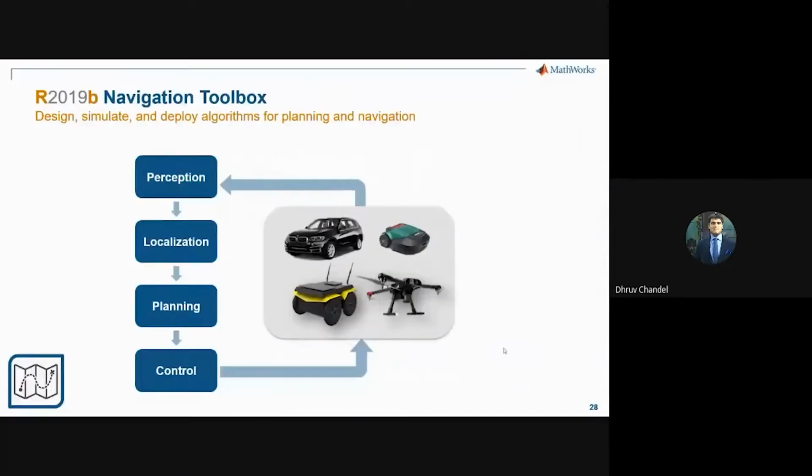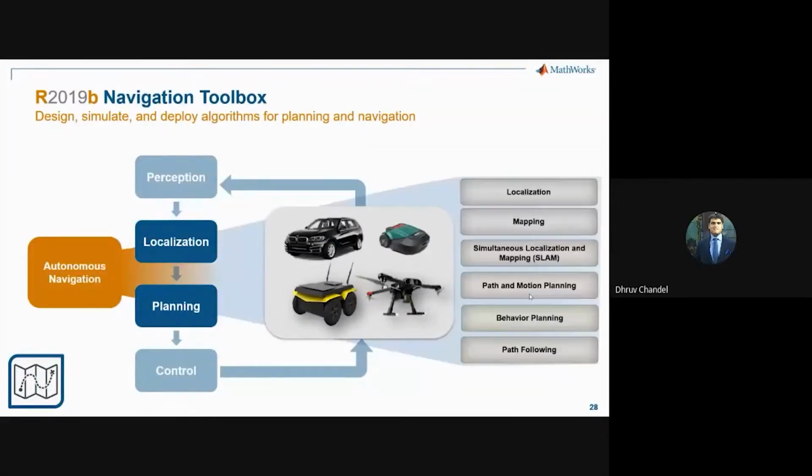Okay, so I hope everyone's with me so far. So basically, if you want to work with autonomous navigation of mobile robots, I would highly recommend you check out first the robotic systems toolbox and second the navigation toolbox. And it will cover all these different tasks which you can see on the screen. So your perception, localization, planning, control, this entire loop can be automated for a very large part. The perception part, you can use the computer vision toolbox. For localization and planning, you can use the autonomous navigation toolbox. And for control, you can use Simulink or Simscape. So the entire end-to-end solution is basically there.